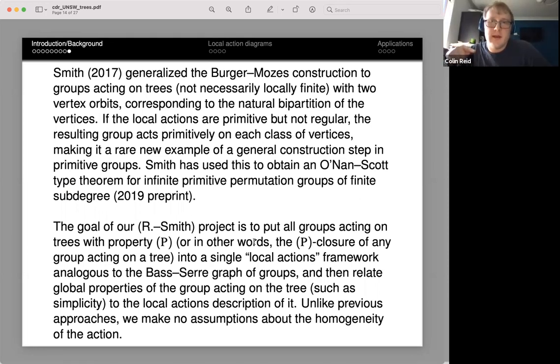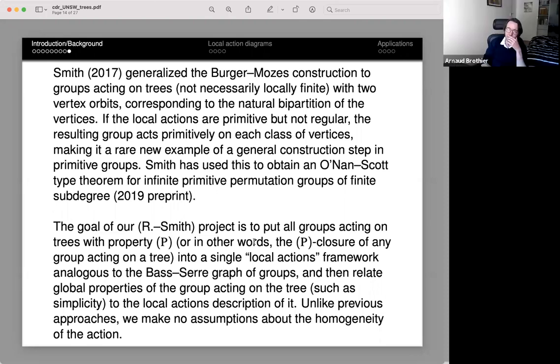It's similar to the Reef product in primitive action, in the sense that you put in a primitive group and then you get out another primitive group, kind of thing. So the box product is basically you look at this action on the tree, but you only consider one orbit of vertices. And then you can choose for one of the input groups to be primitive and the other one to be transitive, and then you get a group that acts primitively on one of the sets of vertices. So it's similar to how the Reef products, if you put the right groups in, you get a primitive group out.